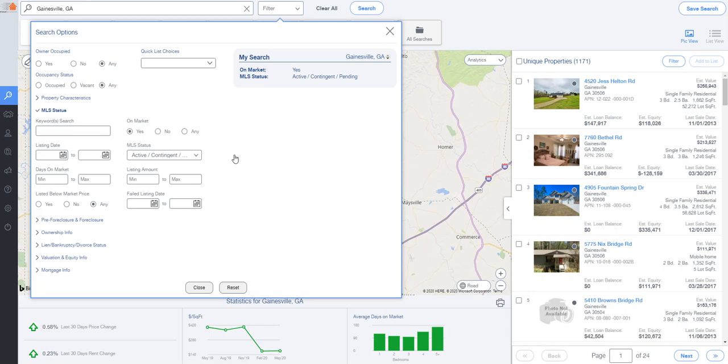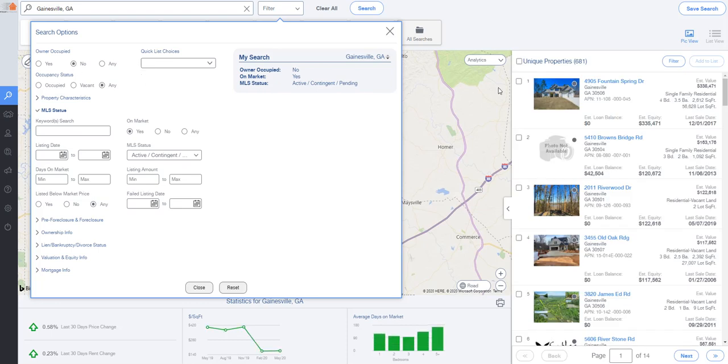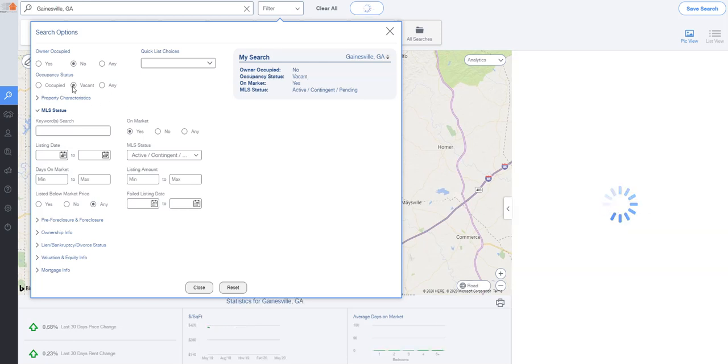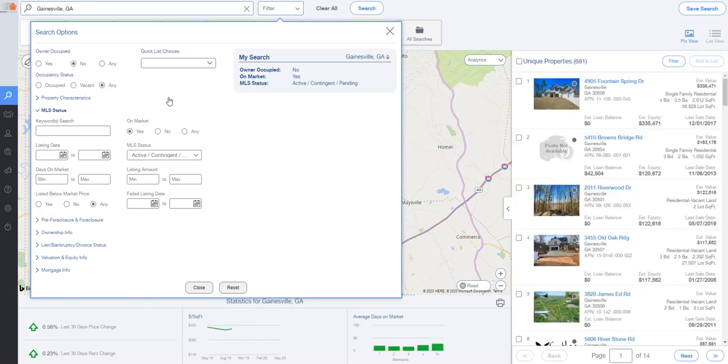Okay. So now that being said, let's say I wanted these to be investor-owned homes. I didn't want to deal with homeowners. No problem. Up here it says owner occupied. I'm going to pick no. Okay, and you'll notice as I add criteria, you're going to see this change. And let's say I only want to deal with vacant properties. Let's see what that does. You'll notice it takes it down to 65. Okay, now for today, I'm just going to pick any